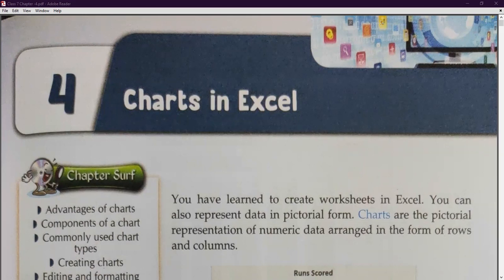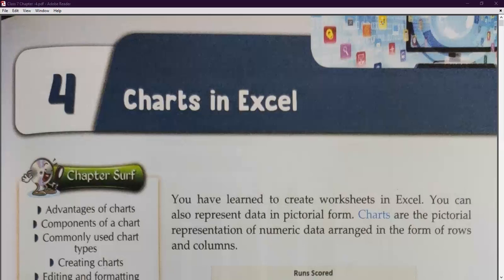As we are working on mathematical phenomena in Excel, similar to the graph theory which you have studied in class 7th maths, you can correlate it here in Excel also. I know you have worked on graphs with an x-axis and a y-axis, and you plot the values also. In the horizontal line you give some values, in the vertical line you give some values, and then you make a graph in those grids. So now you will correlate that graph, those charts, in this computer session also. This is our topic, this is our chapter name, which is about charts in Excel.